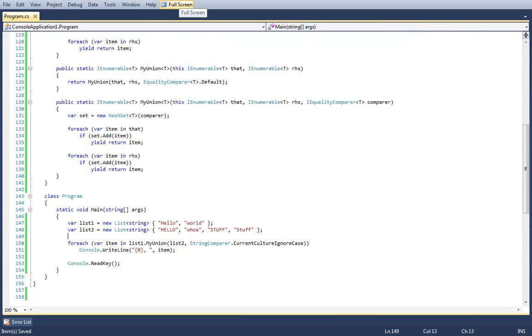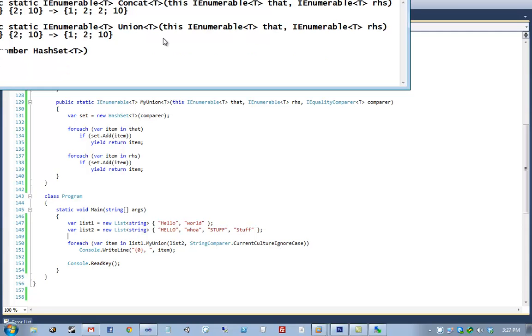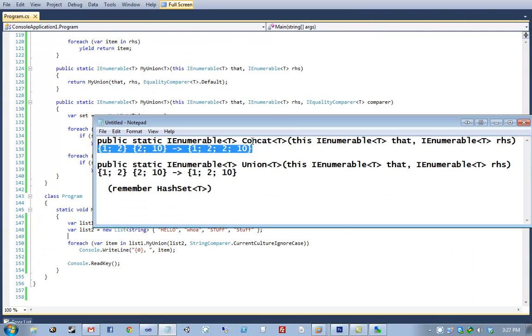There are 2 methods that are really nice to use for a variety of things. We have Except. So, for example, this case would turn into 1, because it would be list 1 except the items that are in list 2.